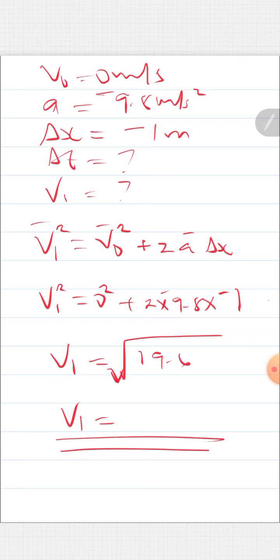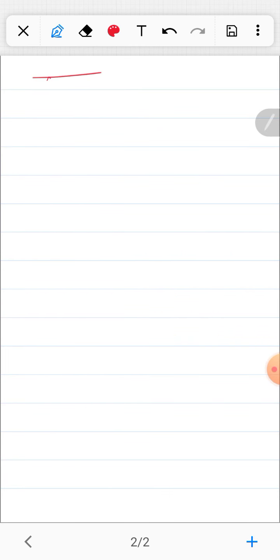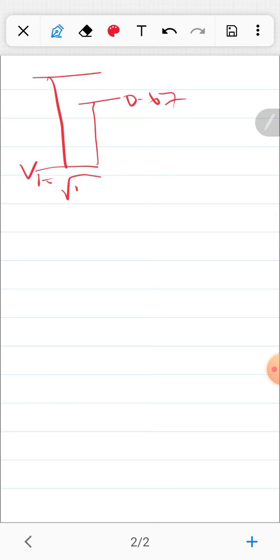Now when it falls and then rebounds back to a height of 0.67. Just here when it falls, we've seen that its final velocity is the square root of 19.6. And I know that when it's gone up back here, there's a time where it momentarily comes to rest. So its final velocity will be 0. I'm looking for its initial velocity at this point,